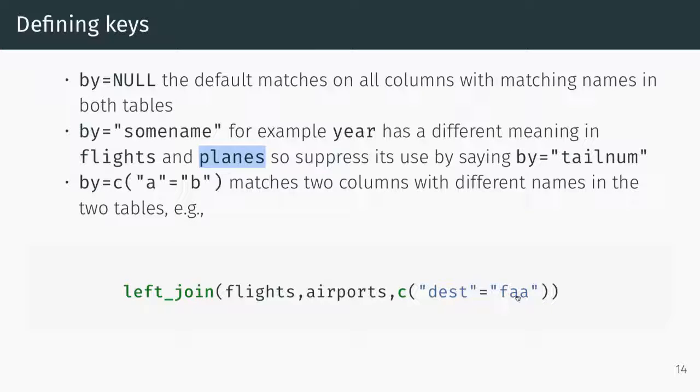I'm sorry, did I say the planes? I meant the airports table. So we join the airports to flights, and these two have the same meaning. And here I could have said by equals c, but I don't have to because this is the default position for this. So the default is the left table followed by a comma, followed by the right table, followed by a comma, followed by